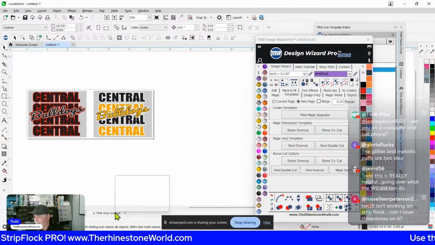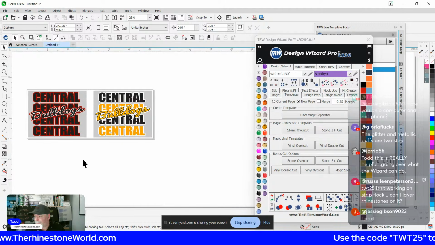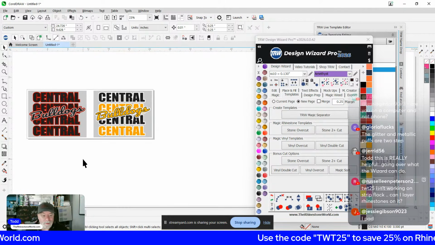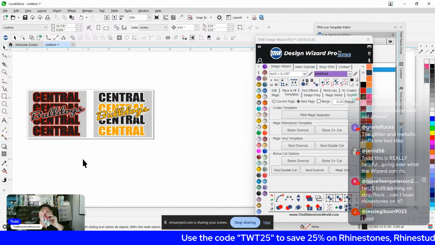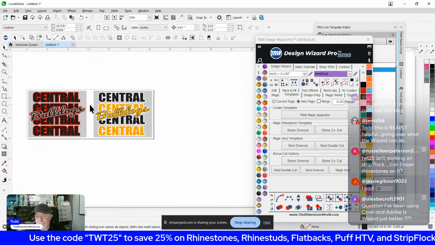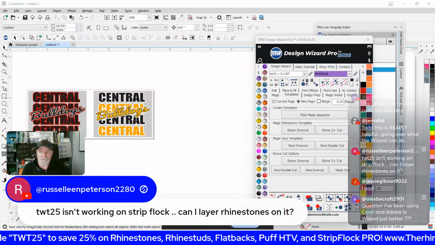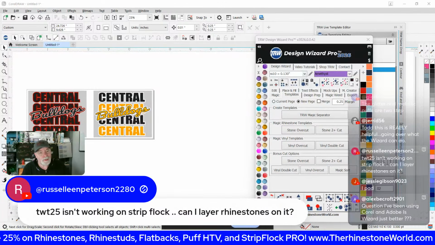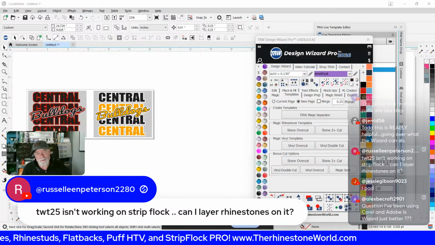So we'll come in here and I'll delete that page. And now I got a fat dog that just came running down here. Oh, maybe we didn't have it added to it. Plar, can you see about adding strip flock to it? Can you layer